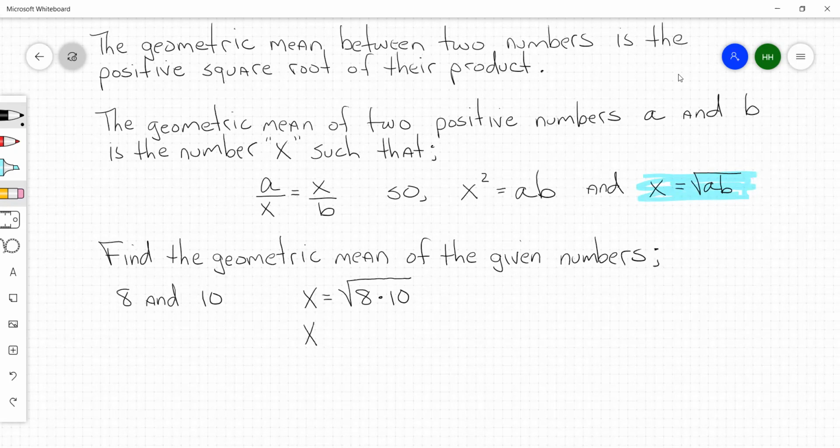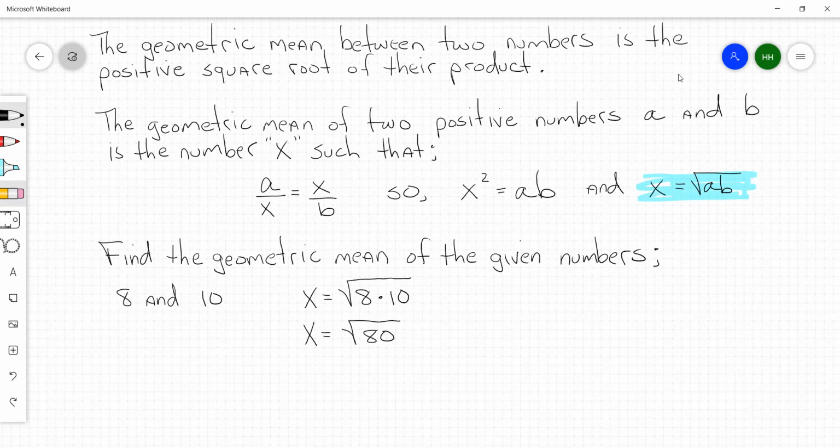So x equals the square root of 80. And now, since the square root of 80 has a perfect square as a factor,